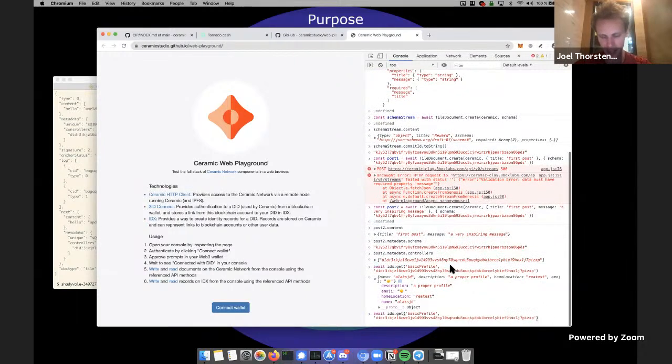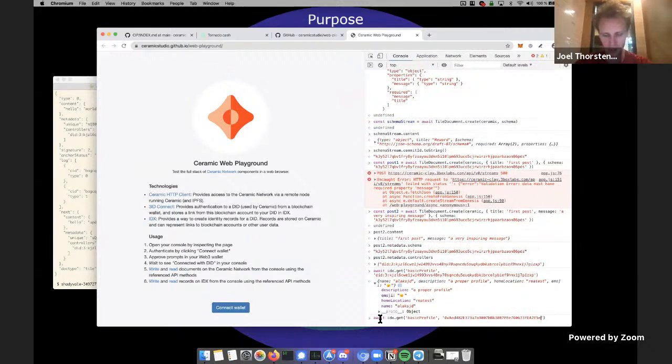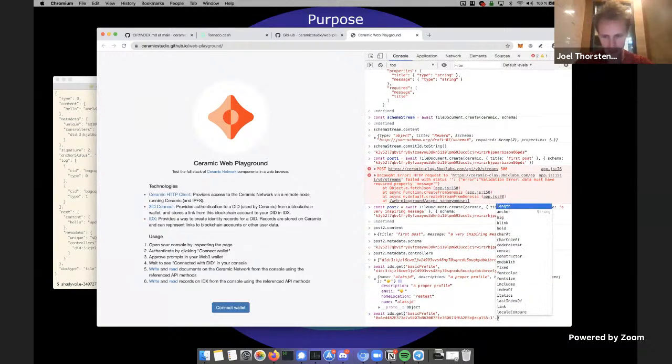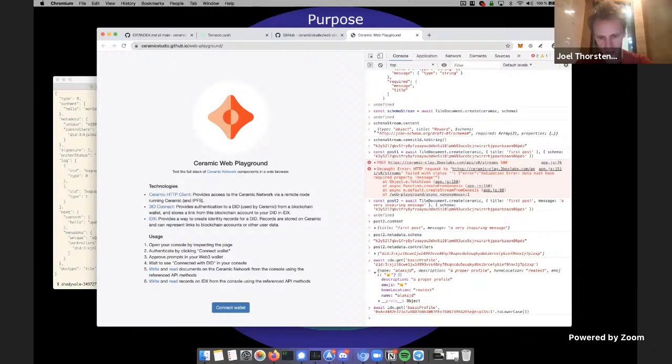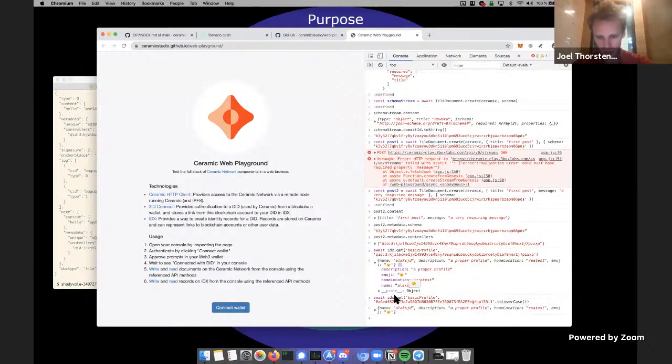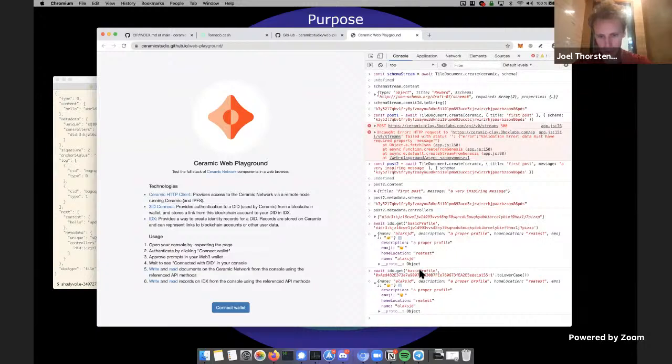Basic profile is a standard definition that's included in Ceramic, or in IDX, I mean. So here, instead, let's try to pass the Ethereum address, and we need to specify that it's on Ethereum mainnet, so EIP155, which is a way to represent mainnet, and this string actually needs to be lowercase. This is some quirk that we're currently fixing. But yeah, let's try this, and now let's try to load the profile for my Ethereum address rather than my DID. If this works, we should get the same profile. Yep, so you got the same profile.